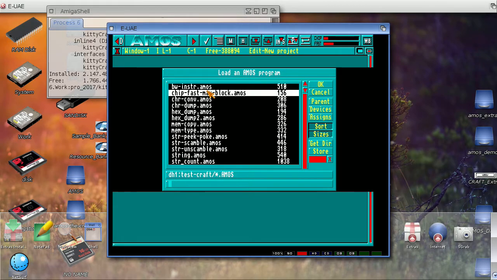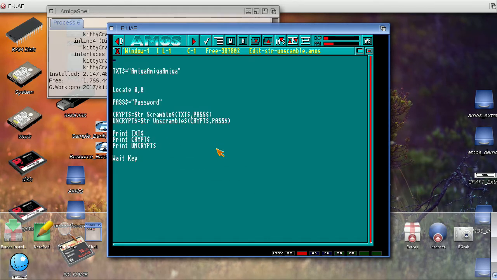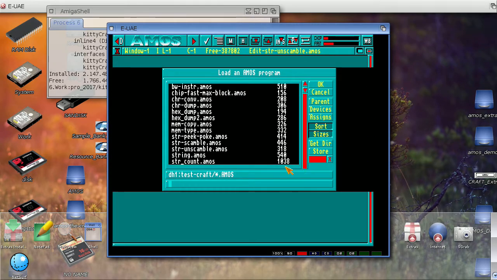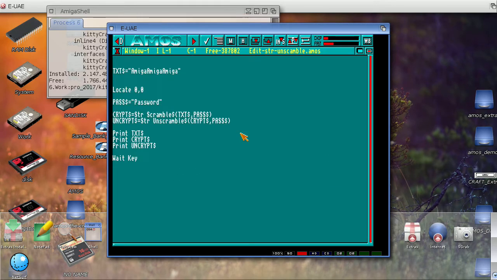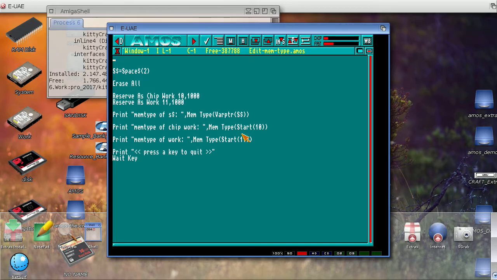So there's no mem scramble stuff here. We have the scramble and scramble. We can use the unscramble. I think that is the most appropriate thing. So it wasn't. I wonder if I wrote something like... Yeah, I think I did a mem type, which is nice because I have reserved banks already here,